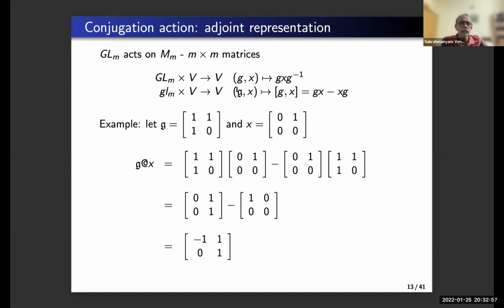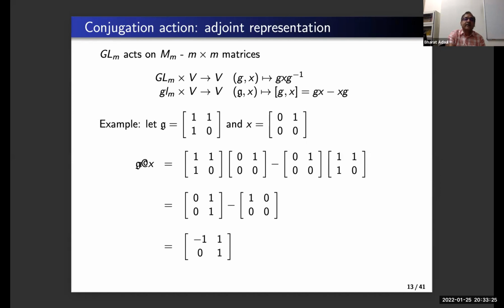operation. So if I look at a Lie algebra element G and look at a point X, the G acting at X is going to be this GX minus XG. That's what happens when you differentiate this conjugation action. That's the derivative. So for instance, if I look at this Lie algebra element, this calligraphic G, and this is the point under consideration,